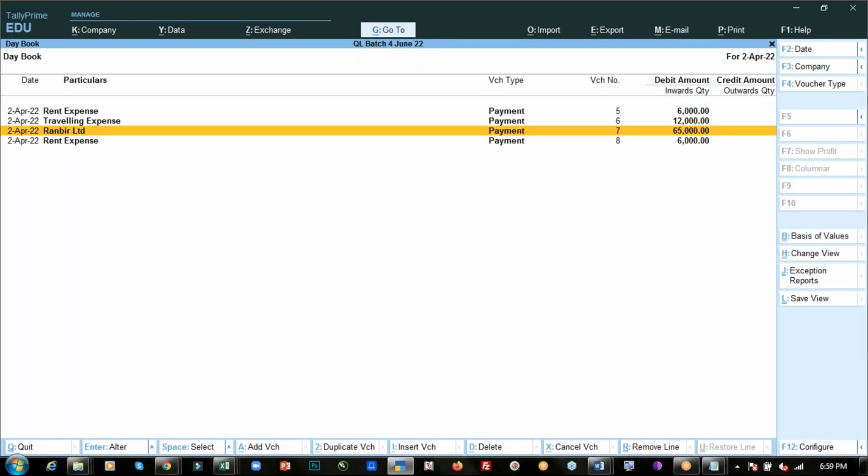What if I want to see both date transactions? I want to see the first date transaction also and from the 2nd April. So basically for a period, I want to check the transaction entries, the voucher entries from 1st April till the 2nd April, or from the 1st April till the 31st March, or the entire financial year. For this, we have to change the period. To change the period, the shortcut key is Alt F2. If I am pressing Alt on my keyboard, the Alt shortcut keys are coming here. So Alt F2 for the period